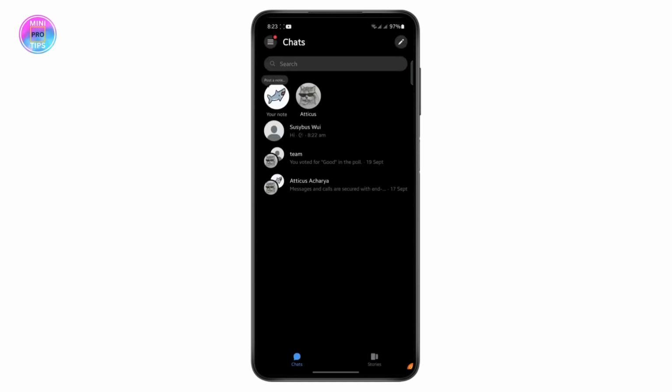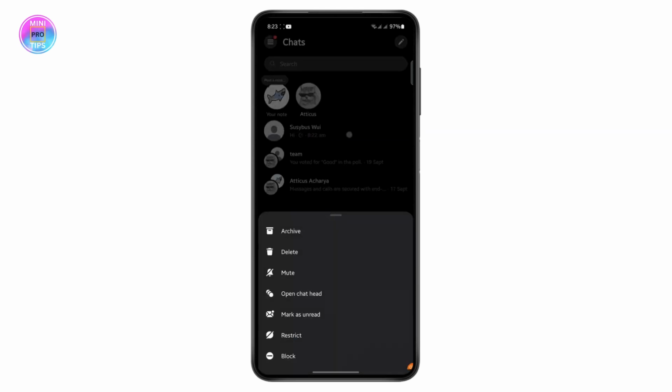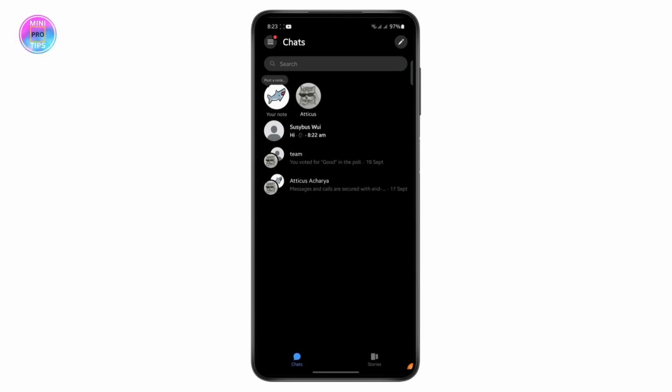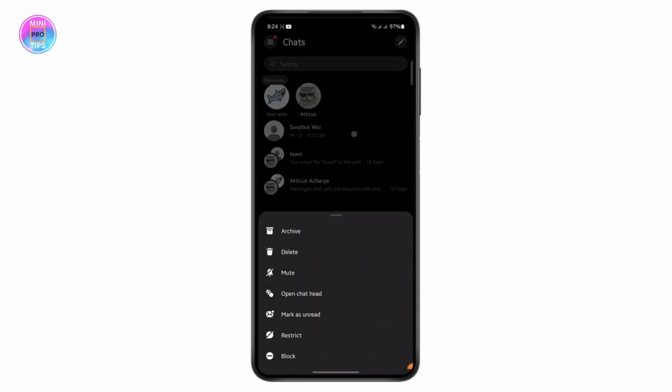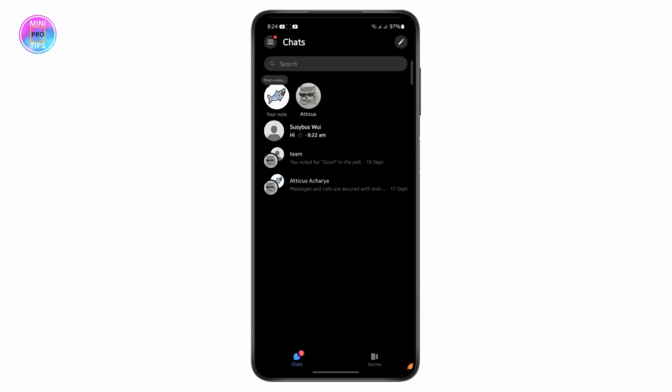So the first thing you want to do is tap and hold on the icon, and if you scroll down a bit you will see this message that says mark as unread. And as you can see, the message has been highlighted, indicating that it has not been read yet. So if you just open it again and hold and press on this chat, then we tap on mark as unread, then it will again make this message unread. And that's how you can unread a message on